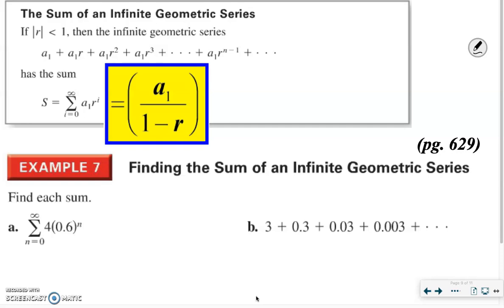All right, so as we glance ahead at the last type of problem, what's the first thing that comes to mind here? That now all of a sudden we're finding the infinite. First reaction when you see this formula, as compared to the last one, what do we think? Shorter, right? Easier. The reason we can't use n is because n is infinity here, isn't it? If we're talking about finding an infinite number of values, this is how we're going to plug it in and find it. All right? So guys, again, I promise you, this plugs in directly. Same thing. We have A1 is 4, r is 0.6, and doesn't